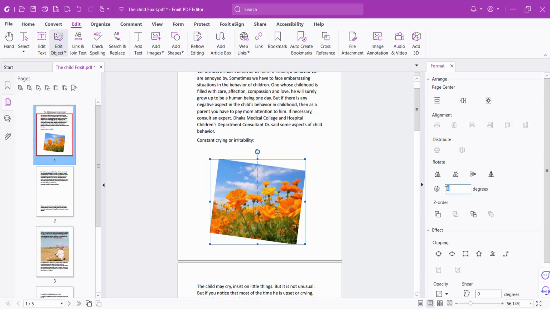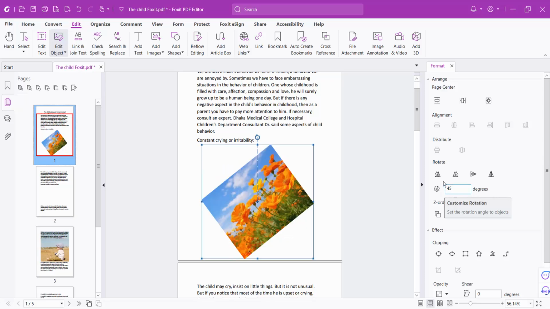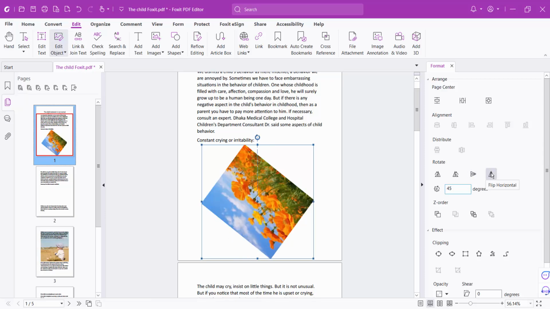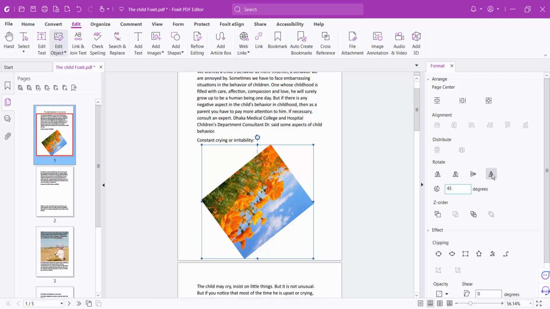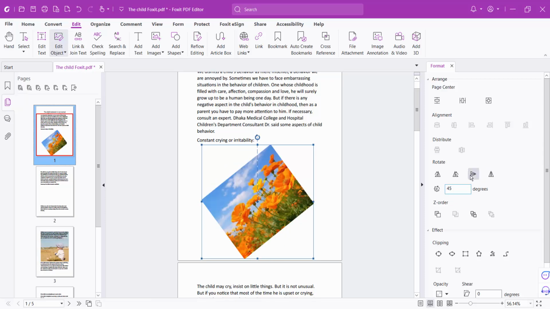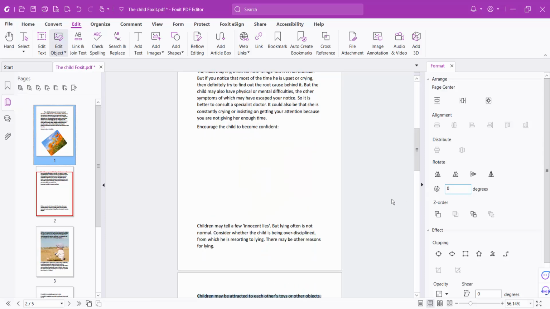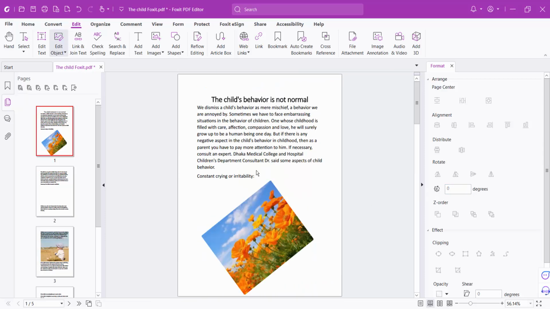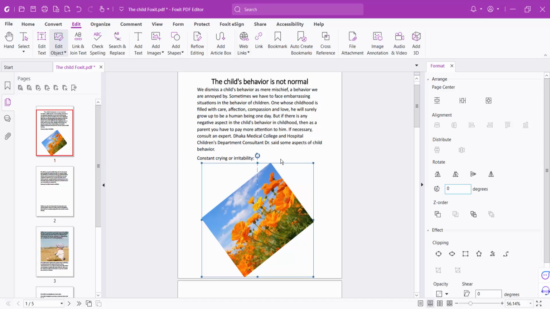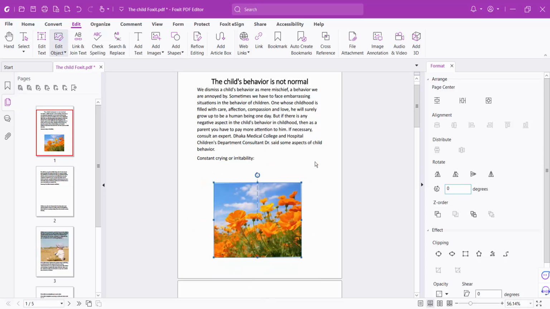Also you can put a custom rotate, and see this, and also you can flip this image. See this is a horizontal flip. I'll make it 0. And make it,